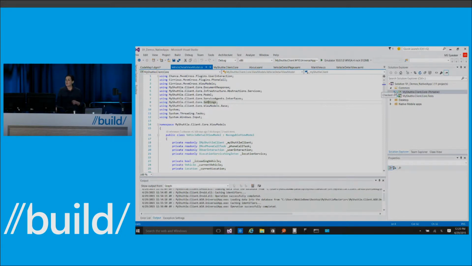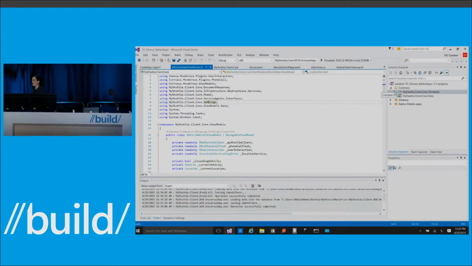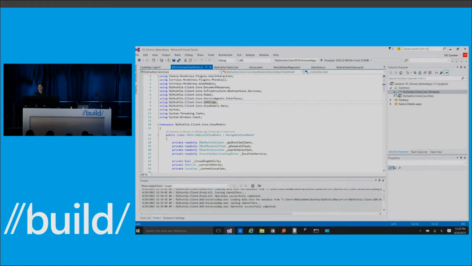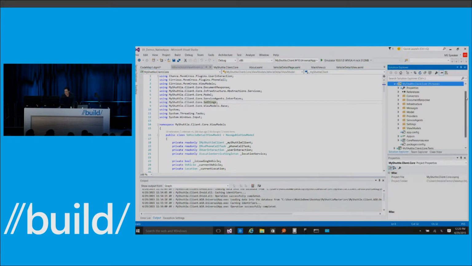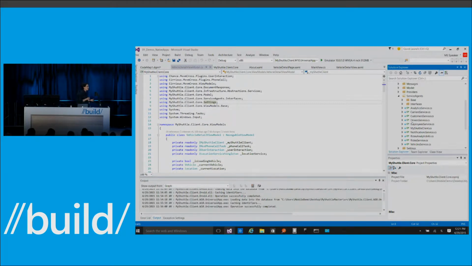Now, what we start with is a common core of logic for the application that is built in .NET that works across all three of the different mobile operating systems. And that is done using portable class libraries. What you can see here is that things like the service agents, can you guys all see that? The service agents are defined in a common way. So if I think about something like issuing a ride, I want to initiate a new ride. That doesn't need to be different across the different devices. That could actually be the same exact code running on each of the clients, but it's authored using .NET.